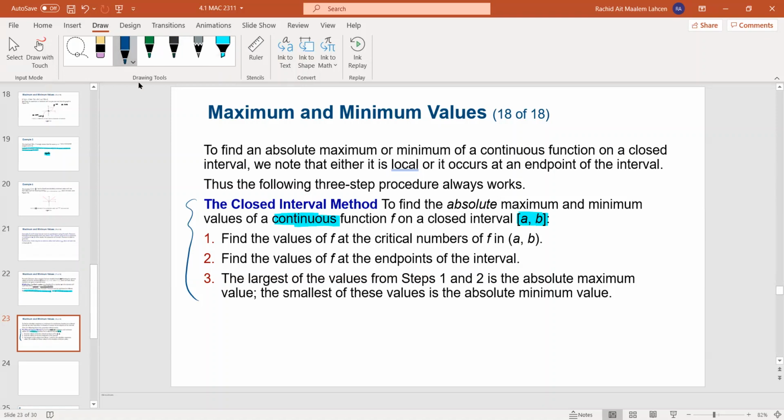Number one, find the values of f at the critical numbers of f in (a, b). Two, find the values of f at the endpoints, which means a and b. Three, the largest of the values from steps 1 and 2 is the absolute maximum, and the smallest of these values is the absolute minimum. So it's a simple method to